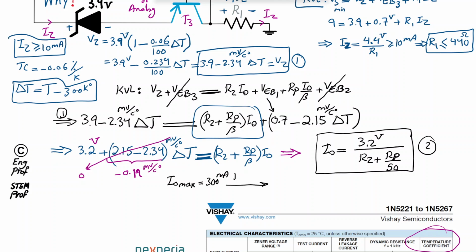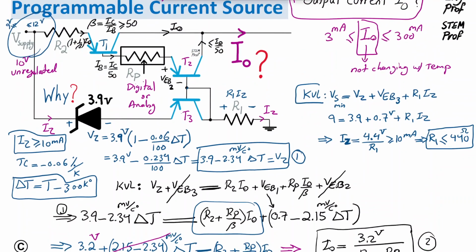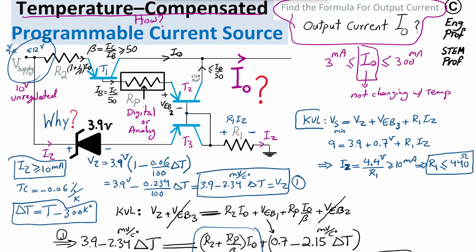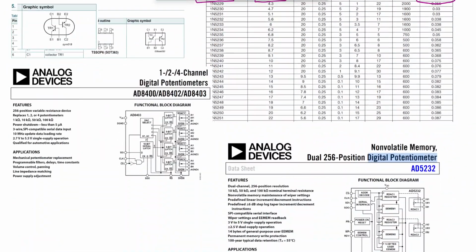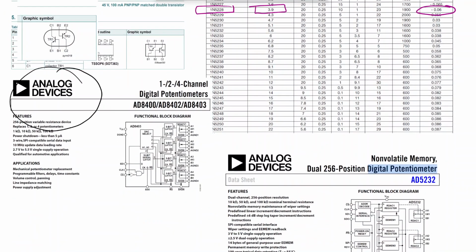We get it when the potentiometer is set to 0, or basically the digital code for the potentiometer is set to 0. If this is a digital potentiometer, we know the value of RP. For example, let's take a look at the options we have. Analog Devices provides options like AD8400 or AD5232. These are digital potentiometers. In the case of AD8400, it is one channel, basically one potentiometer. In the case of 5232, it's a dual channel, so there are two of them available in the same package,